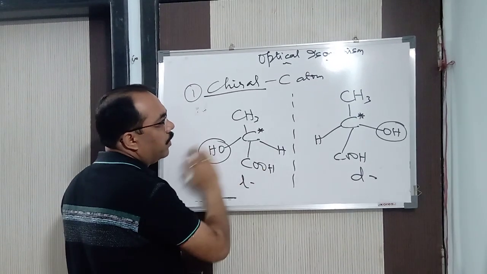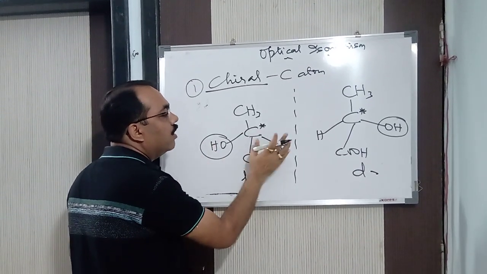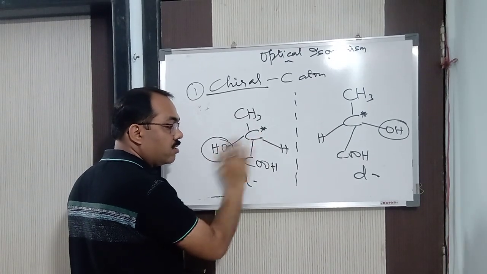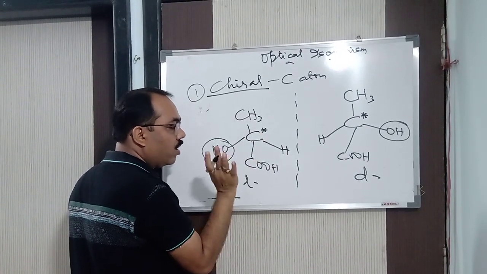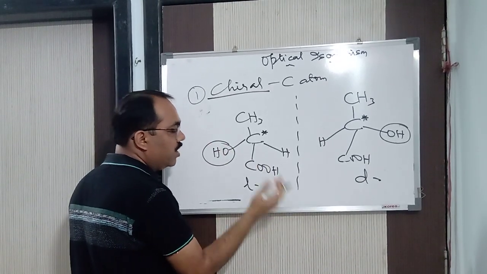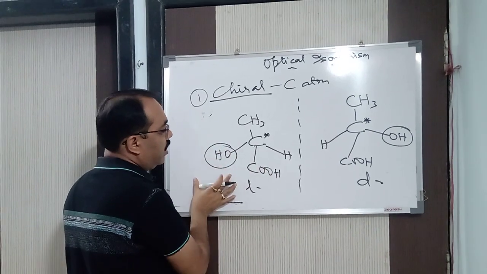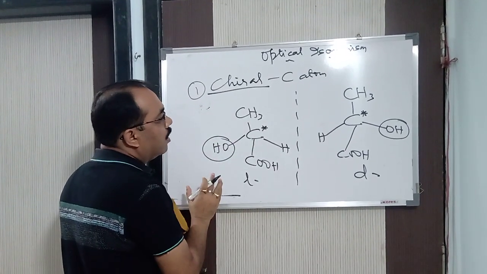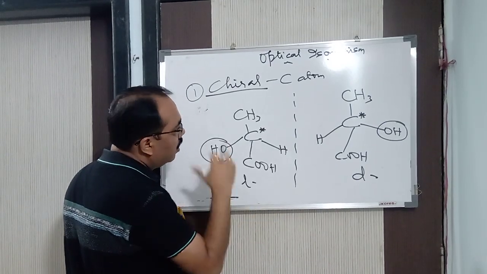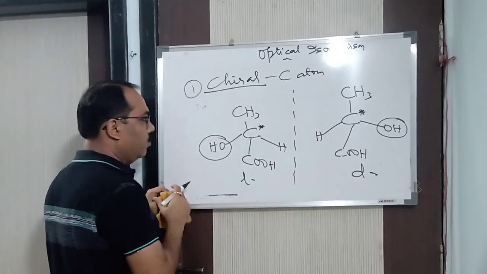Just compare the molecular weight on either right or left, not at the top and bottom. Remember it, we are not interested in top and bottom, we are interested only in the right and left. That's it. Dextro and levo. Dextro means the plane of polarized light rotates towards right, levo means it rotates towards left. So in this way we find out which compound is optically active, and also which is dextro and which is levo. An example I have given you.